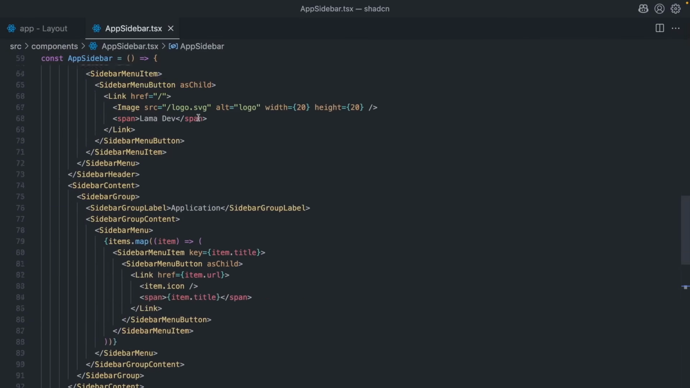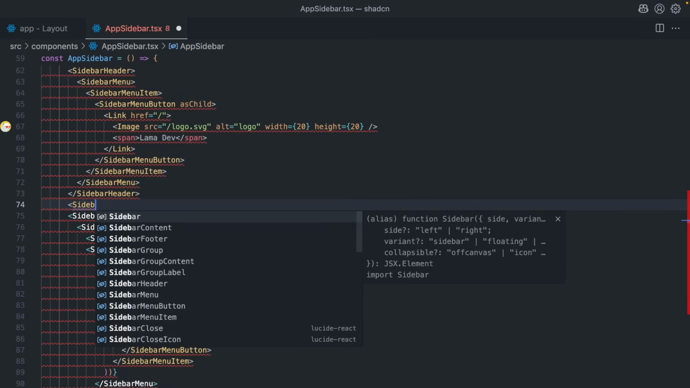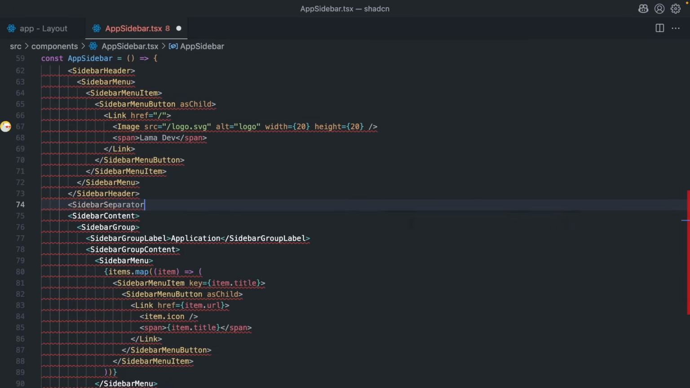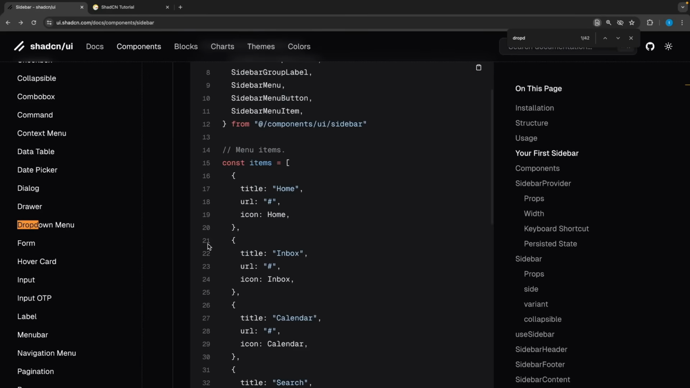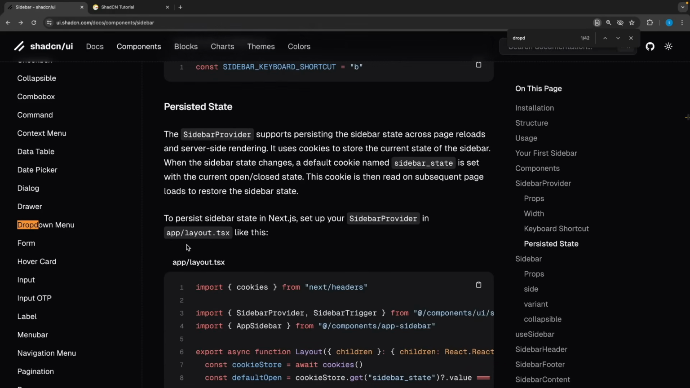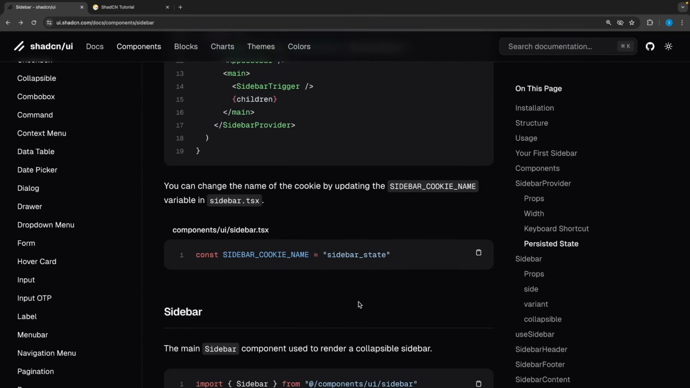Okay, if you want to, you can use here the avatar. And also we can use here a separator. After the header, I'm going to be using sidebar separator. Just like that. And let's see what else we can use. I'm going to show you how to close and open the sidebar, but for now, let's explore what else we